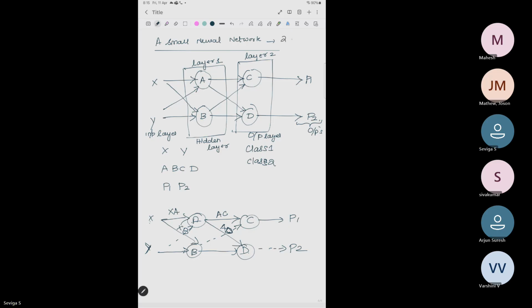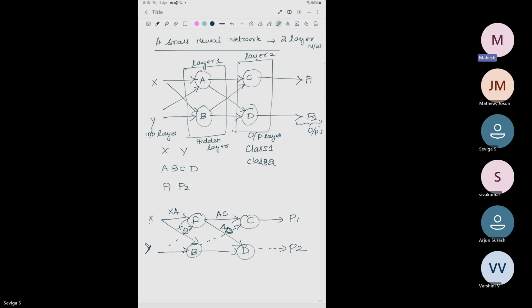This is a two-layer network. We are not including this one in the layer count. We are having only the output layer and the hidden layer, only these two layers. Input is not counted in the layer. If you look at it, this is not a terribly deep network because it has only two neurons per layer and only two layers. So it is not a very deep network. It does not include a lot of computational power. But we usually work with systems